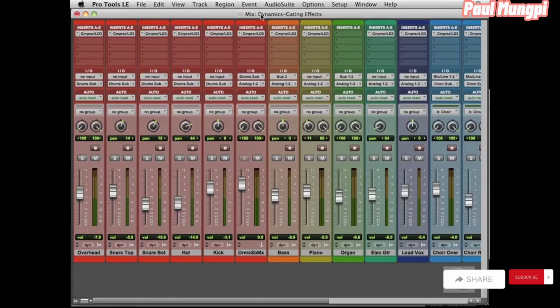Gating effects. A gate is in the dynamics family, and instead of a compressor, which turns down everything that goes over a threshold, this does the opposite. Any audio that goes under the threshold gets turned down or turned off completely. So when something gets soft, instead of hearing the underlying noise or the background, it just turns off. The reason it's called a gate is that it's as if there's a gate that opens when the audio pushes through, and as soon as the audio gets below the threshold, that gate closes and you can't